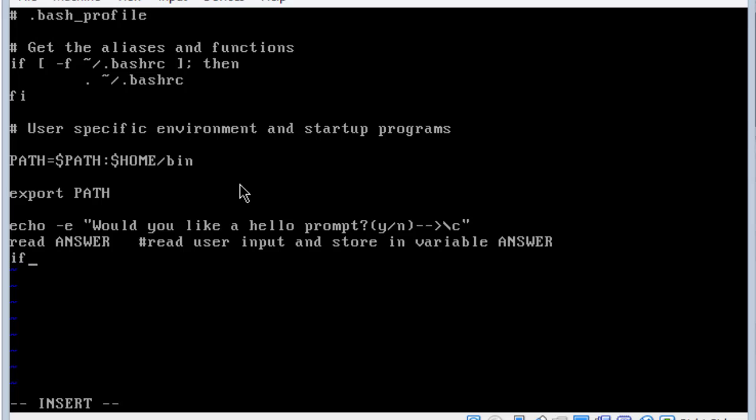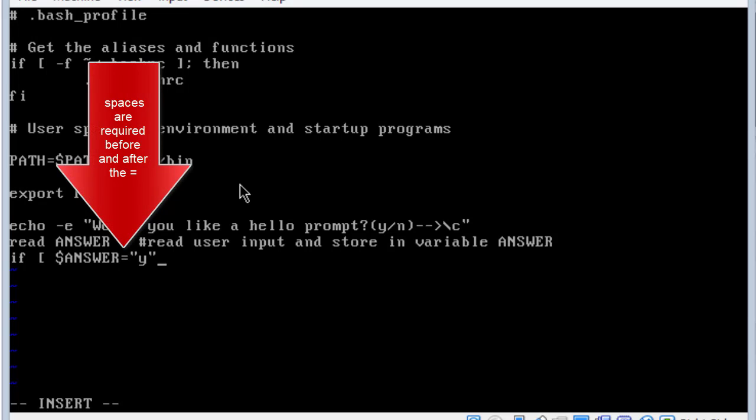Then we have the if statement, and you have a space after it. It's a command. Then you have a hard bracket, and you have a required space after the bracket. Then we have an environment variable. Remember, we echoed $PS1 to the screen. So to view the information, you have to put a $. To store stuff into a variable, you don't use the $. So you see read answer doesn't have a $. It means we're storing stuff into that variable. This one, we're going to view what the user put. So $answer